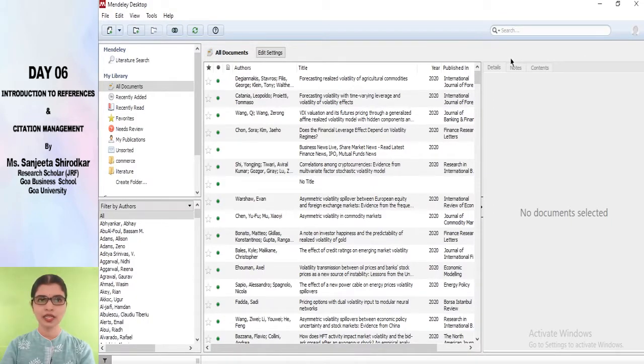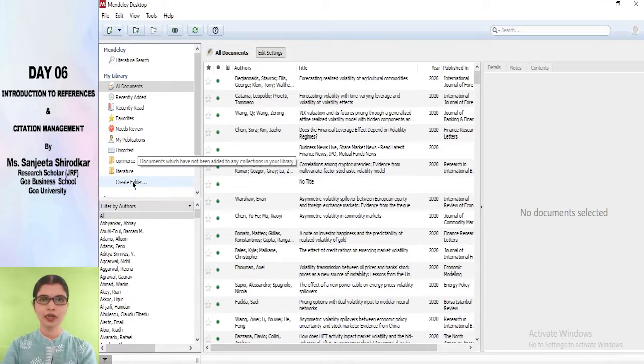Here you would see that the Mendeley interface has been divided into three parts. The first part is the navigation pane. In the navigation pane, you are going to find options such as literature search, all documents, recently added, recently read, and all sorts of things. It will also show any specific folders you create for your projects.